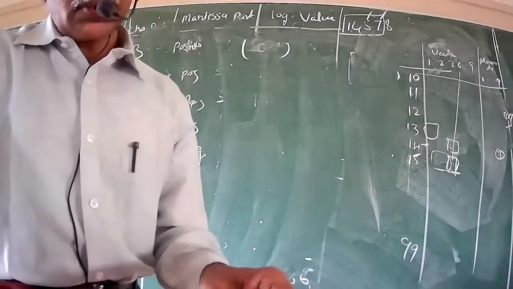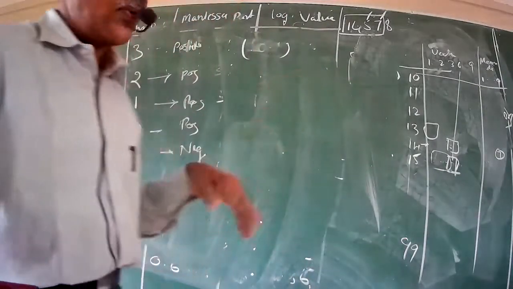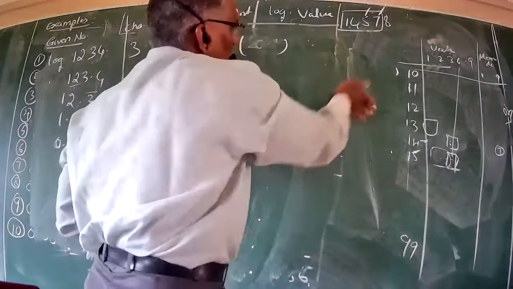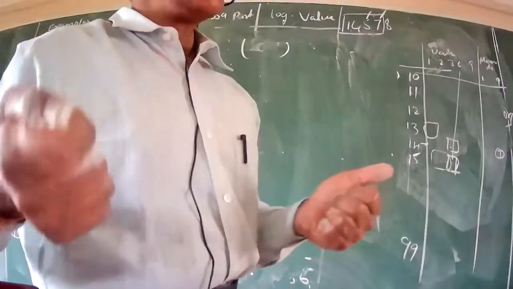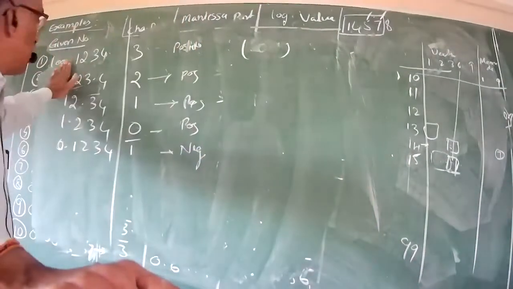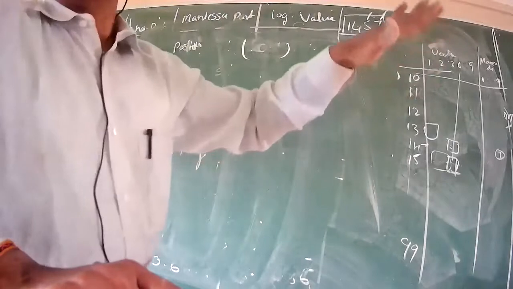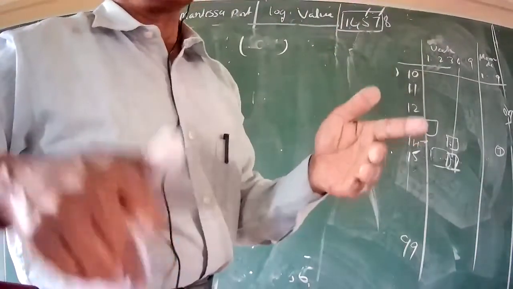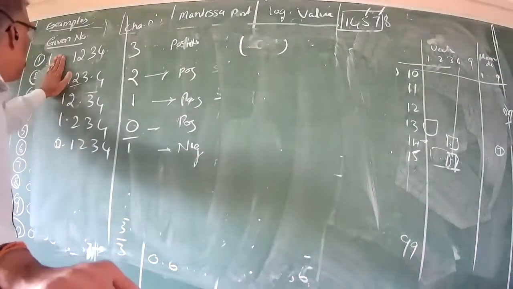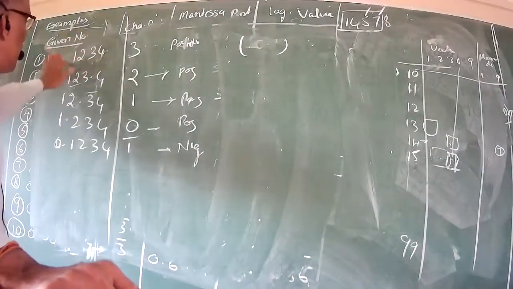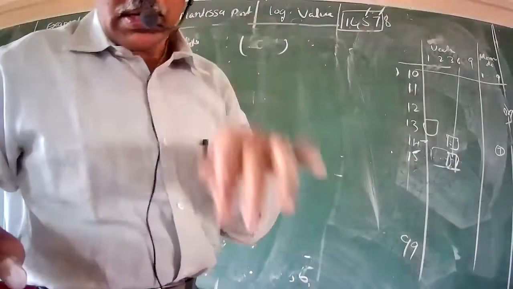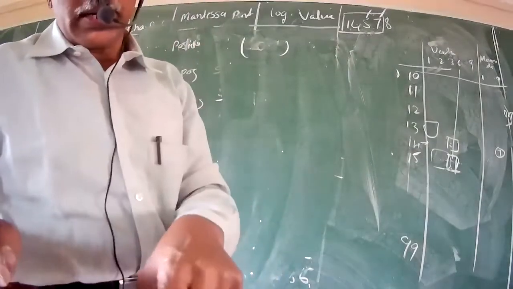So the next question is for the given value. Once the logarithm value is found, the next step is to find the final answer. This is not the final answer. This is only the given number converted to a logarithm value. So how do we find the final answer for the given question? It means finding the anti-log. The anti-log gives the final answer for the given number. So how to find that? Let us see.